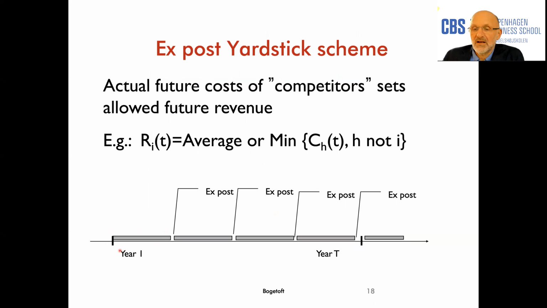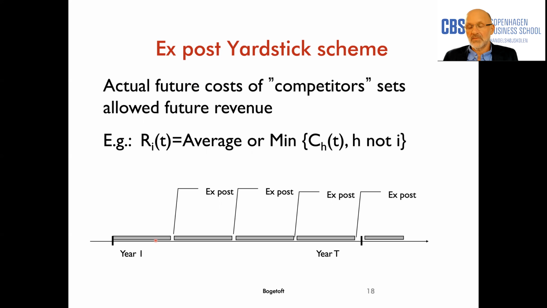Then at the end of year 1, you do an analysis of all the companies, and you find out what is the minimal cost of providing given services in that year. That becomes the allowed revenue for that year. Now, they might already have charged the consumer in that year, but they might have overcharged or undercharged, and then you can put that on a regulatory account, and you have to adjust the charges in the years to come. So that's what is called a Yardstick scheme.